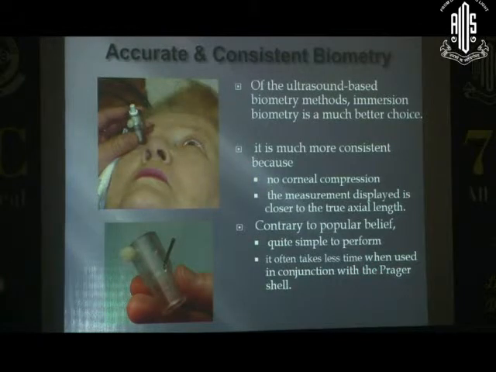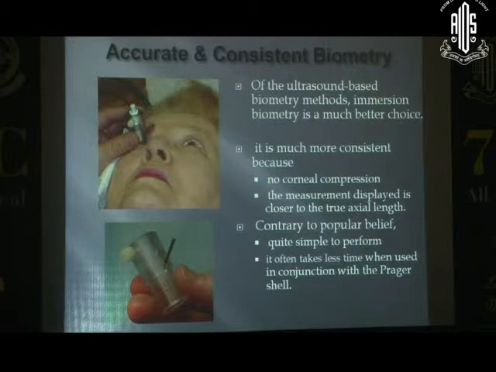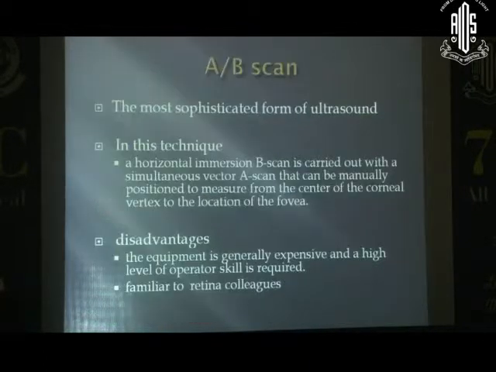Contrary to popular belief, it is quite simple, and it often takes less time than a contact method, because there you need to repeat the readings. Here the readings are quite fast if you are using a Prager shell. So please, please, please, from now onwards, don't use your contact biometry for your IOL calculation. It is never consistent. In certain situations, which we'll talk about later on, where you have posterior staphyloma or something,